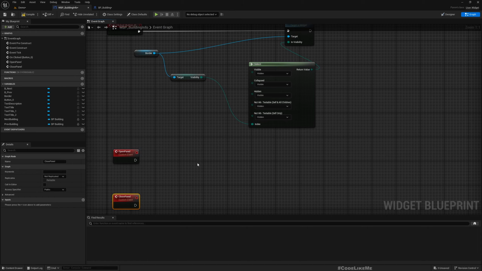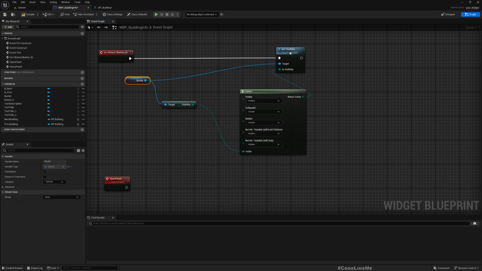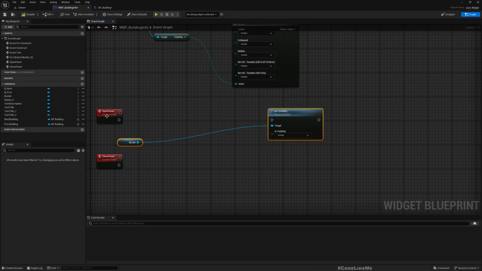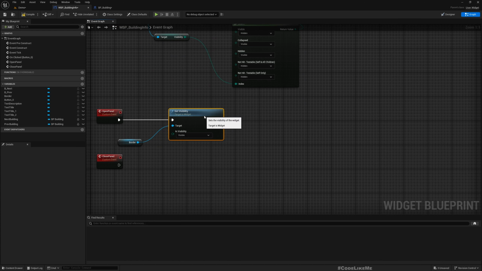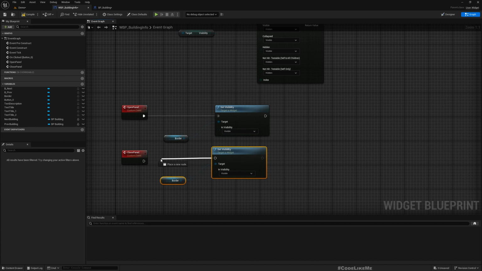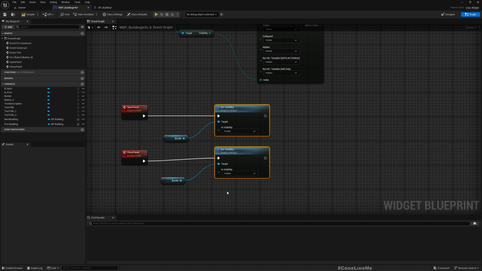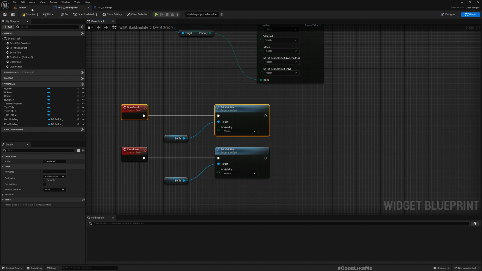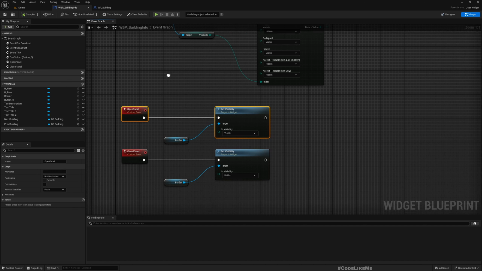So basically what open panel should do is just make this panel visible, and close panel will make it hidden. Simple. Right, and then